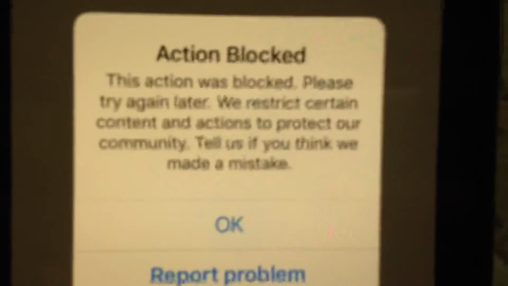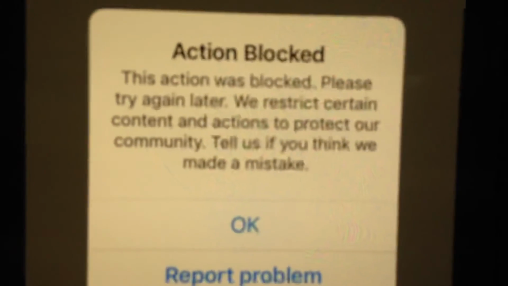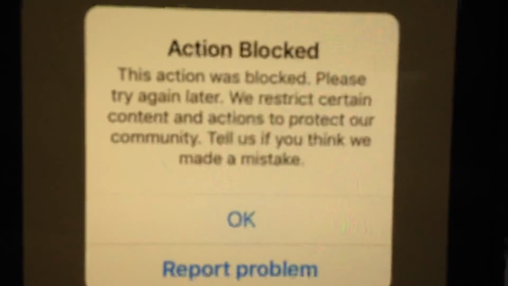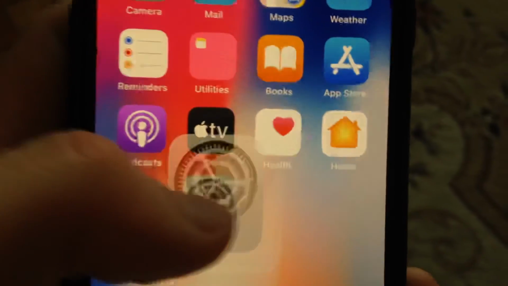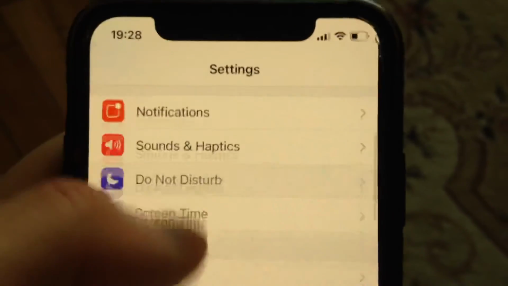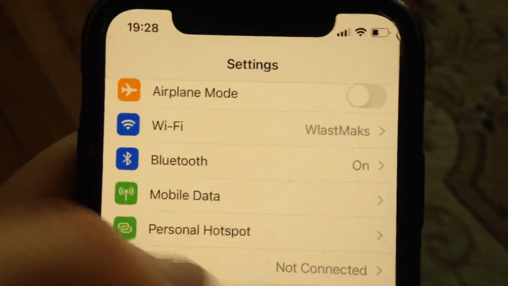So you can also try to change your device. Try to log in to this account from another device, or you can try to change your network. If you receive this error when you're using Wi-Fi, just try to use cellular data, and if you receive this error on cellular data, just try to use Wi-Fi and turn off